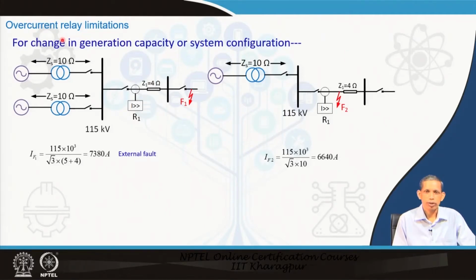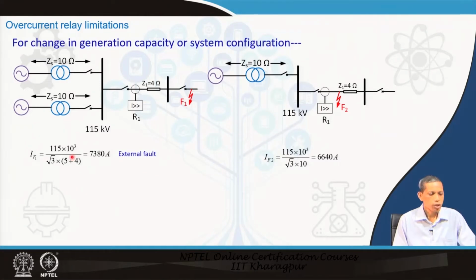However, to be noted is that overcurrent relay supplements some of the aspects of transmission systems, and they are being incorporated, but not in general in a coordinated manner. See the system here. So, we have two connections for this bus. That is why these two lines are feeding this bus, and we see that it is connected to a line with certain impedance, and we have a relay R1 here, and we are creating a fault F1 which is beyond this line.